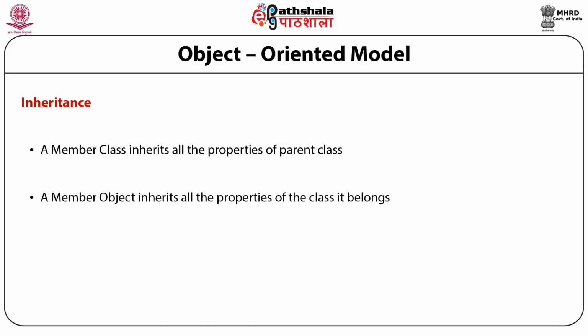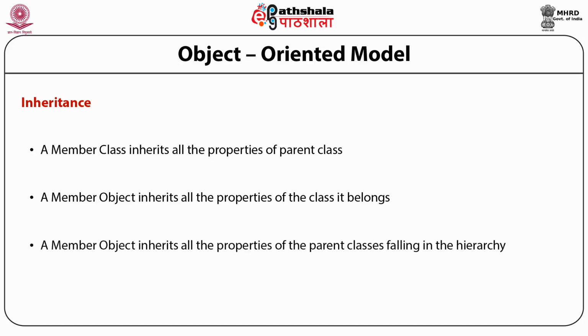the class. Then a member object inherits all the properties of the parent class, as I told you, falling in the hierarchy. Say for example, if there is an object and above the object there is a hierarchy of 3 or 4 levels or 5 levels. What happens? The property of the root class is also inherited by the element object of a particular class which